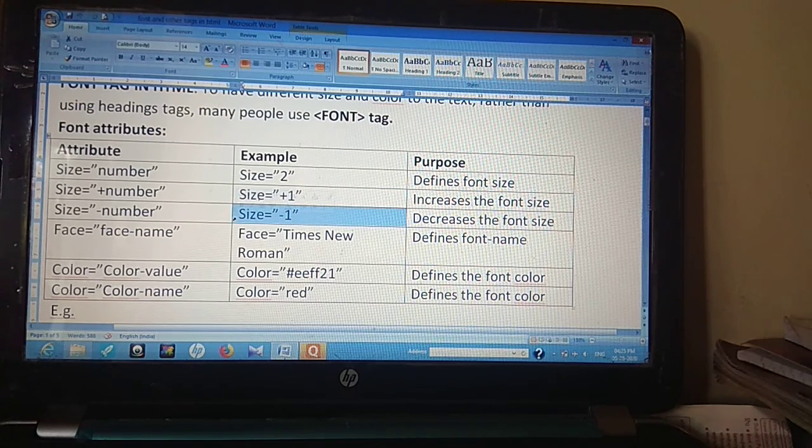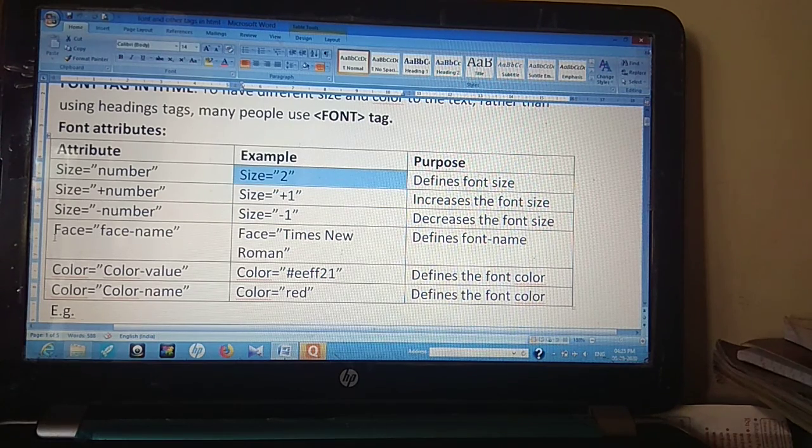So font size can be defined in this pattern. This is the font attribute and this is its value. You can define the font size in a decreasing or increasing pattern, or you can set the default font size.